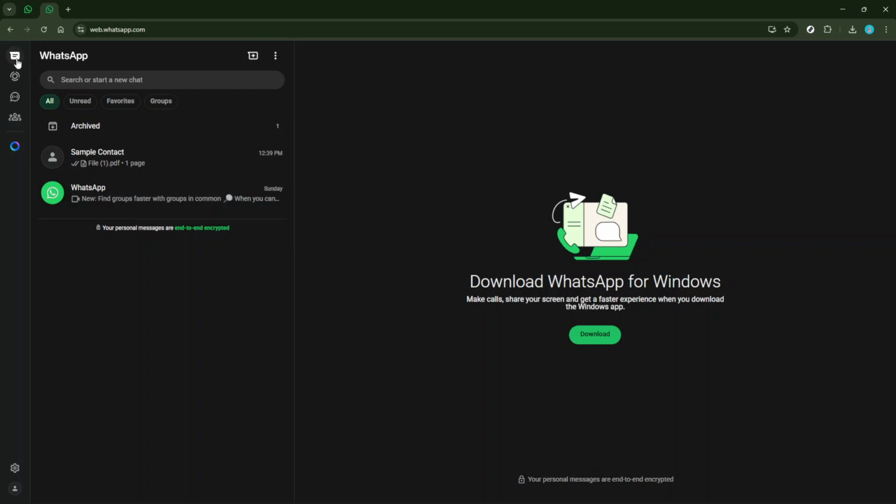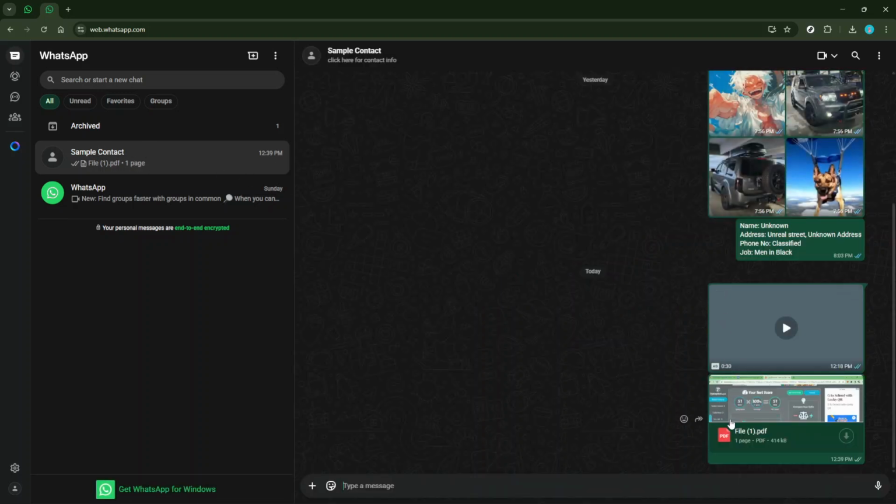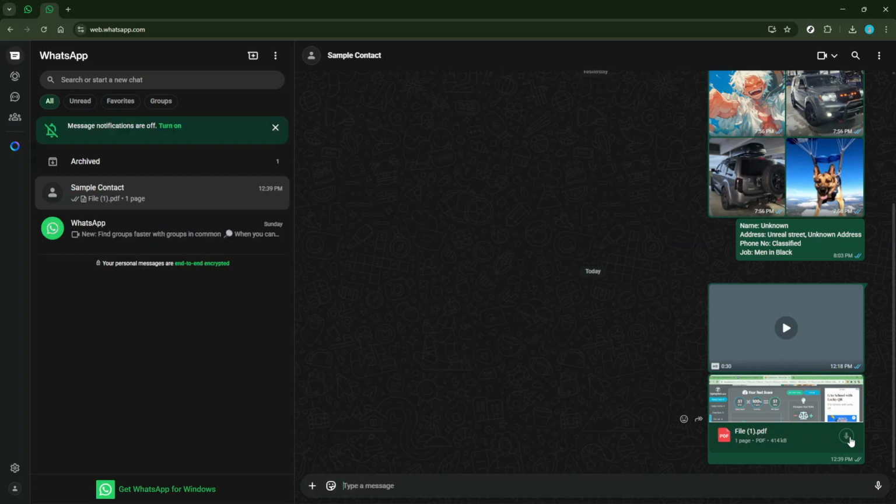Click on the chat and you should see a list of all the shared files, including documents, images, and of course, PDF files. Once you spot the PDF file you've been looking for, click on it. This action will open up a preview screen where you can take a quick peek at its content without having to download it first. It's a nifty feature if you just want to check if it's the correct file quickly.